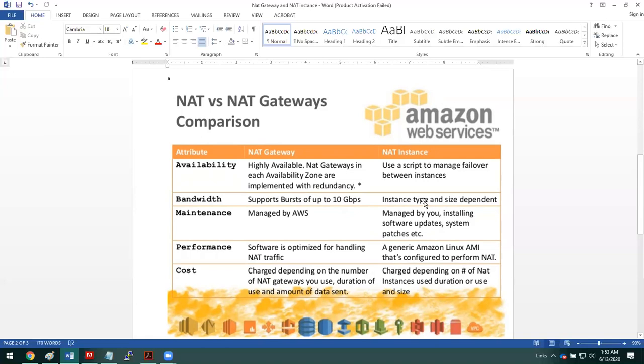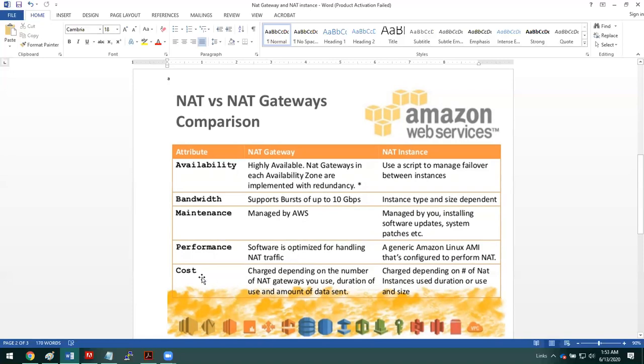Based on the type of instance you have deployed, the bandwidth availability will vary. The NAT gateway is fully maintained by AWS, which gives us more flexibility without worrying about internet connectivity from the private instance, including flexibility of bandwidth utilization.